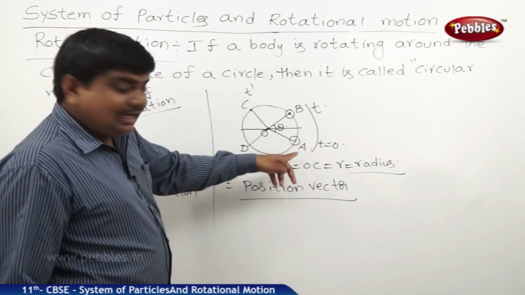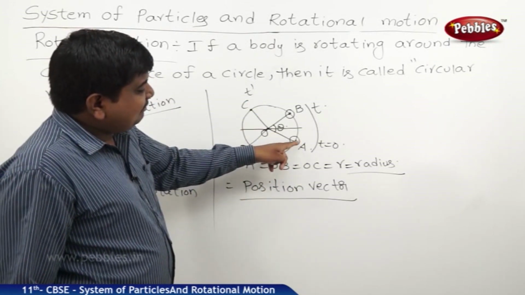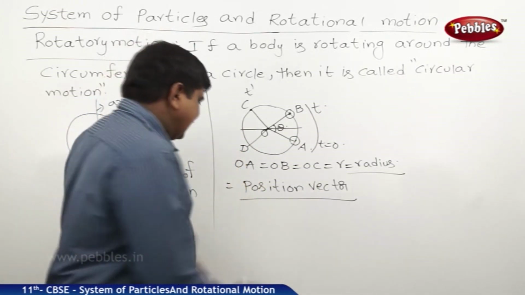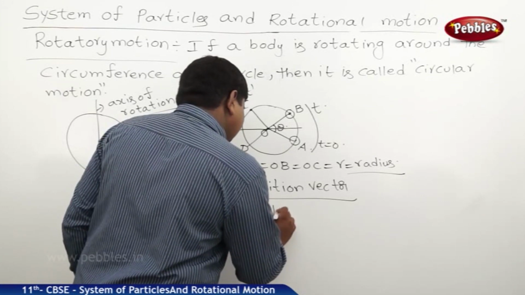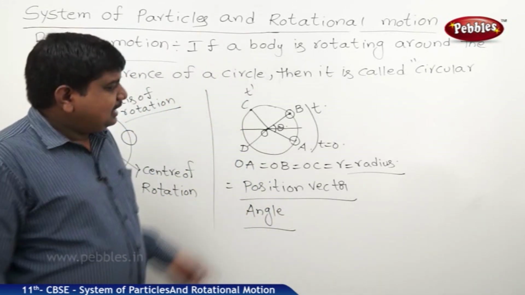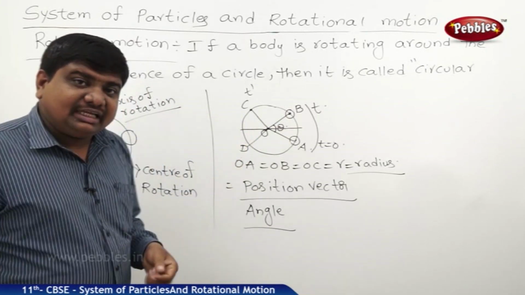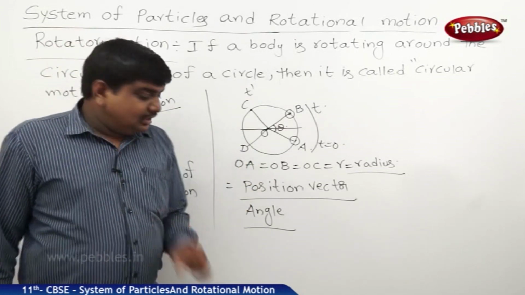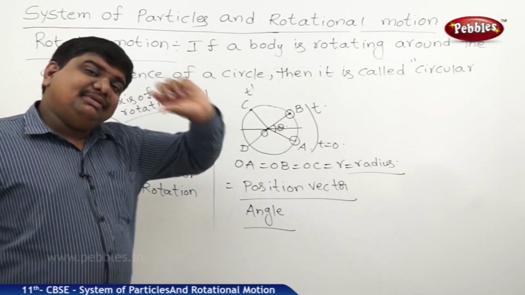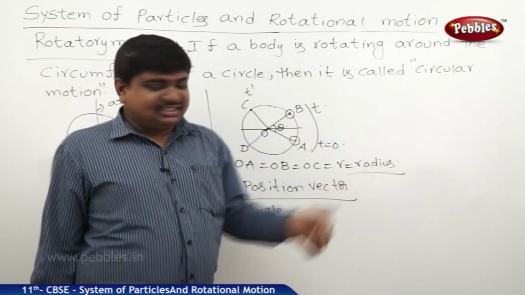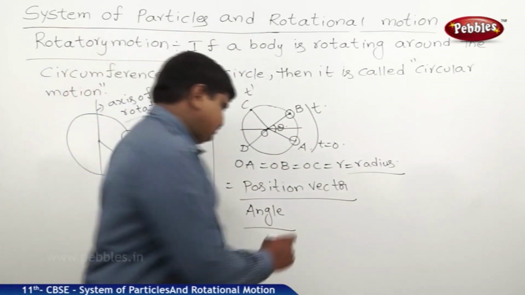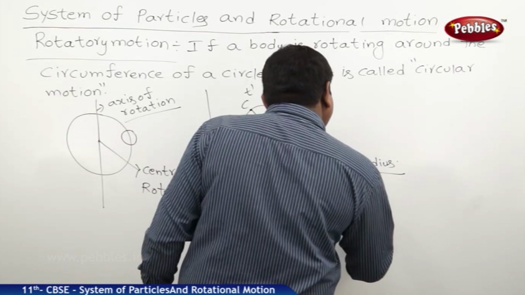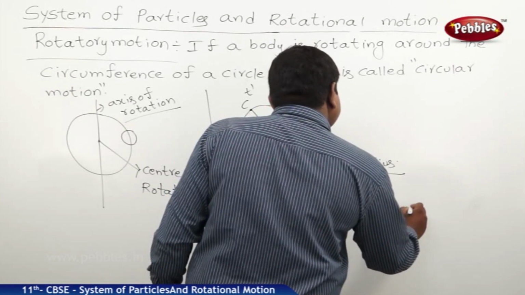That means if the rotating body along the circular path is traveling from one position to another position with respect to time, the changed physical quantity is angle. That's why we can say that this body is executing angular displacement. So, change in angle with respect to time. This angular displacement is similar to the linear displacement. There, positions are changing; here, angle is changing. So it is said to be angular displacement.